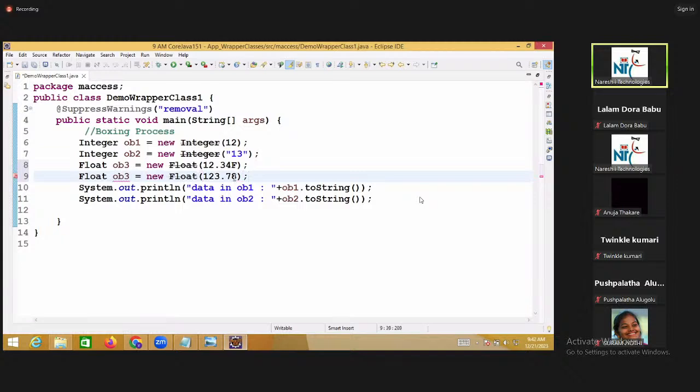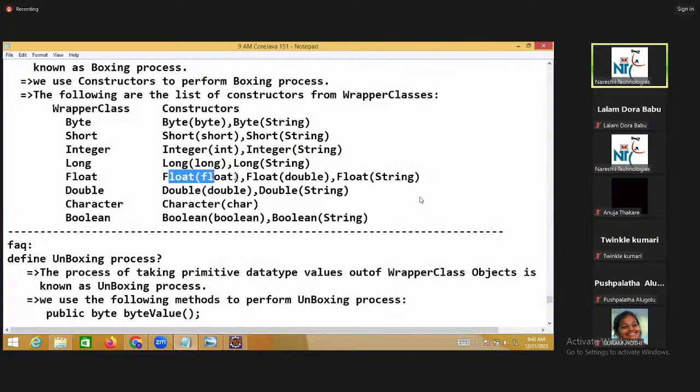I am not using f. If I am not using f, that value is considered a double. If I take f here, that is considered a float. Here two constructors available: Float of float, Float of double, you can pass it. You can pass one string. Three constructors are available in Float.